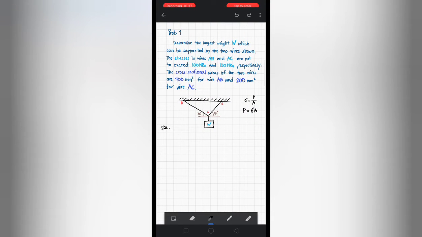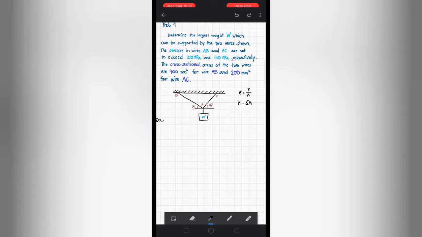We are also provided with the cross-sectional areas of each. So to solve for this one,